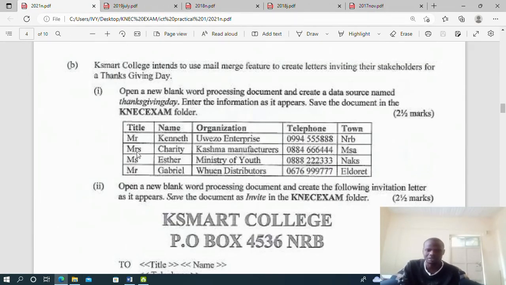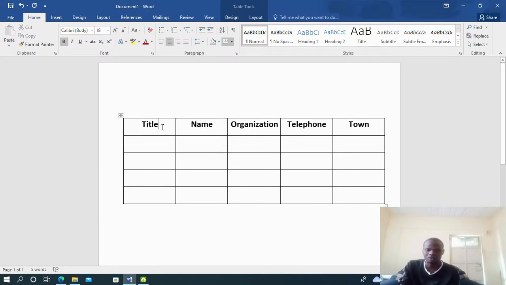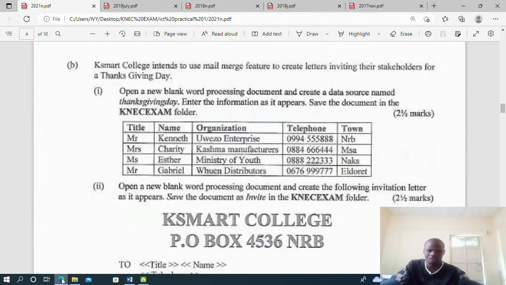Title has Mr., Mrs., Miss, and Mr. So you can shrink the title column. This one is so big, so I can shrink it. What do I do? I come in between here and get that type of cursor, then I press continuously and move. So I'm decreasing the size of this column, title. Therefore, I can proceed to type Mr., Miss,